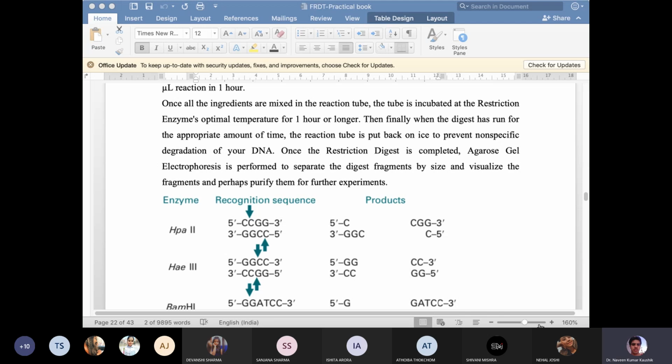Flanking region means from the left end or the right end of your gene, not within your gene. If those recognition sequences are going to be within your gene, then if you are using those restriction enzymes,